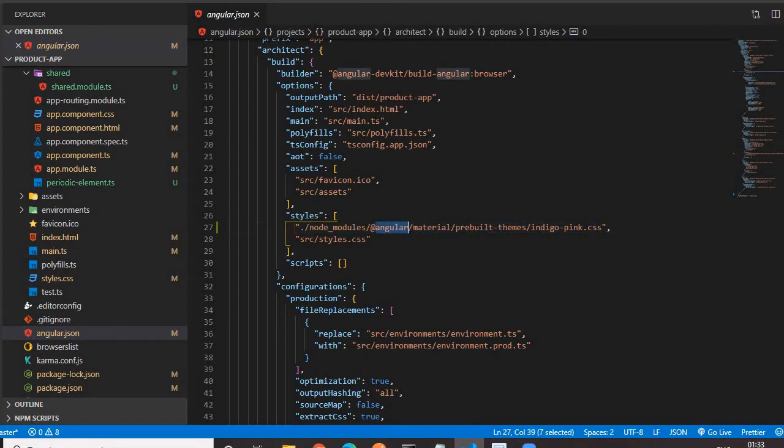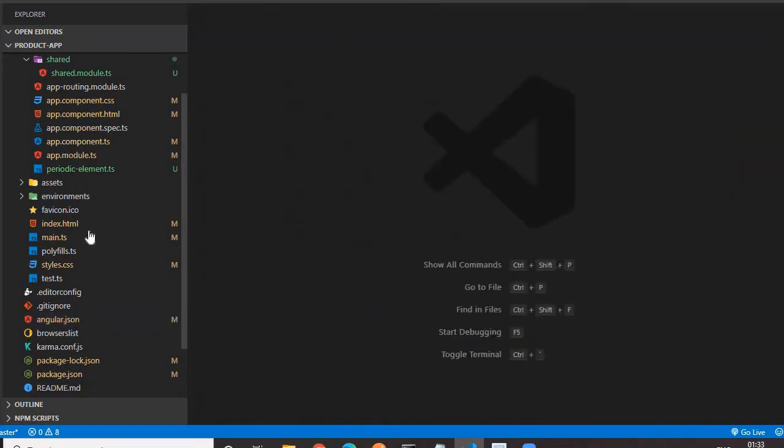If you are getting this kind of entry in the styles array in the angular.json file, then it means Angular Material has been successfully installed. This is just for confirmation. You don't have to take care of this entry because it is taken care of by Angular CLI.